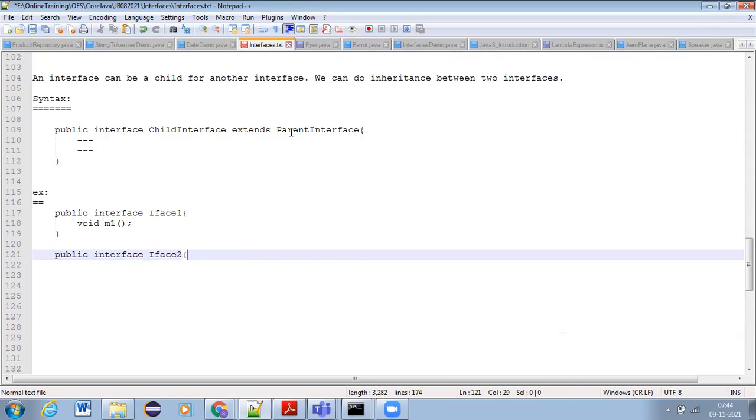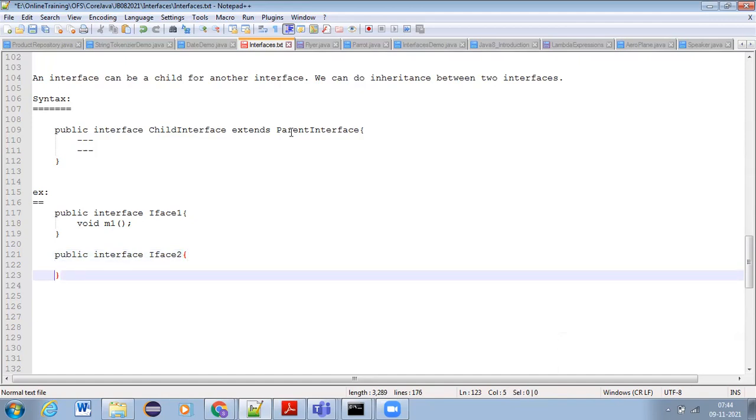Then here I have another method, void m2, right?